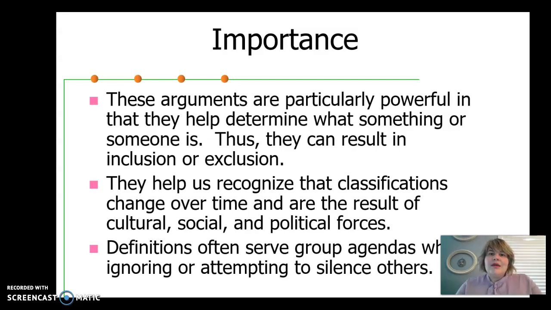So currently, the Supreme Court has argued that marriage is not a religious institution, it is a state institution, and so therefore we can have same-sex marriage. So before that, LGBTQ plus people were excluded from the practice of marriage. But now, because the definition has been established to include those groups, now they are included.